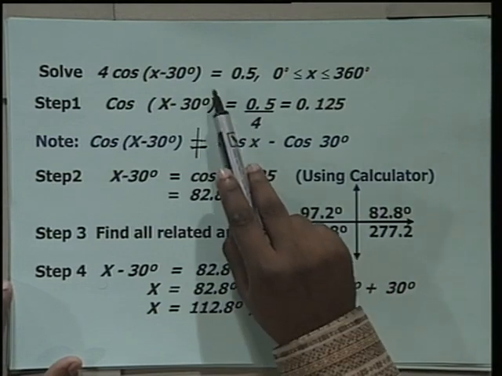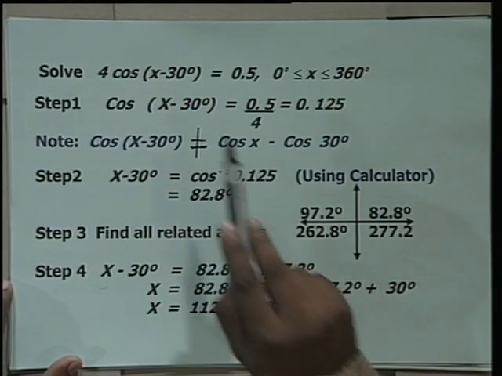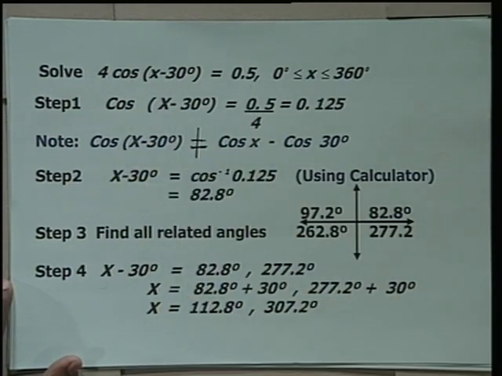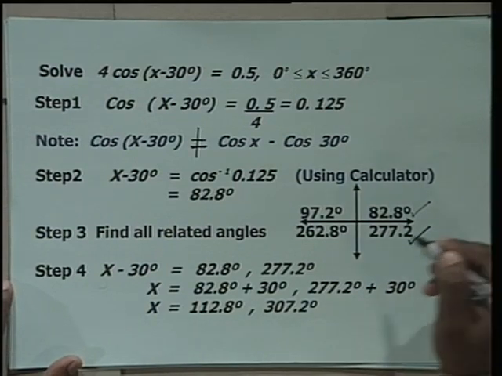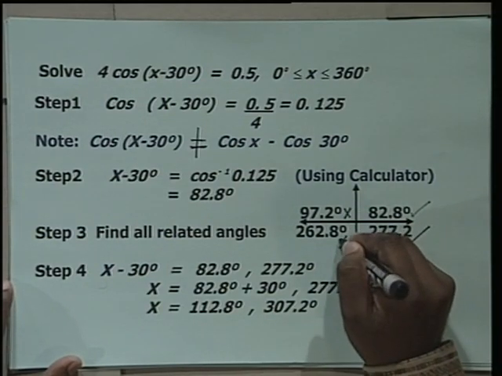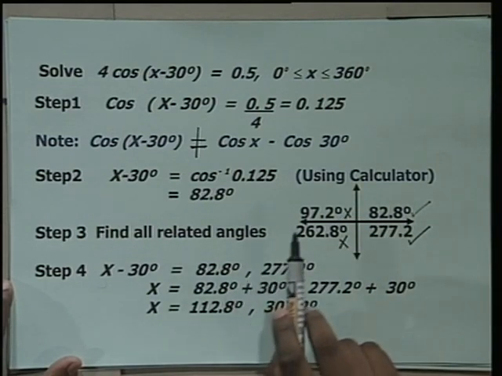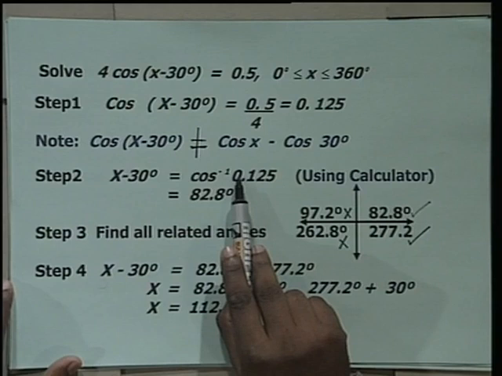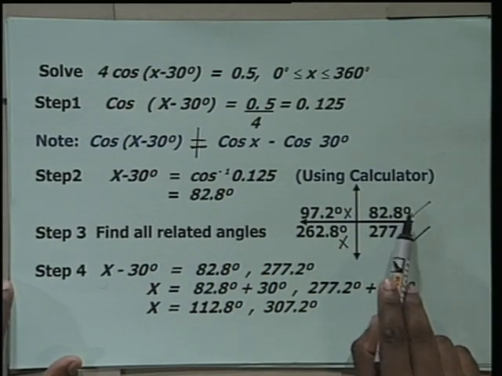Now, we are looking for cos inverse of positive 0.125. That is, cos is positive. Therefore, we will choose only angles in those quadrants in which cos is positive. Therefore, we'll choose angles in the first and the fourth and discard angles in the second and third quadrant. Therefore, we'll say cos inverse of 0.125 is 82.8 degrees or